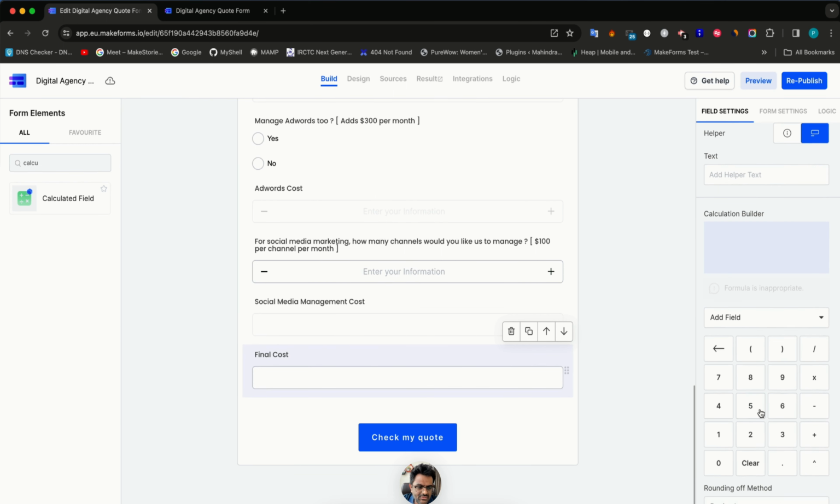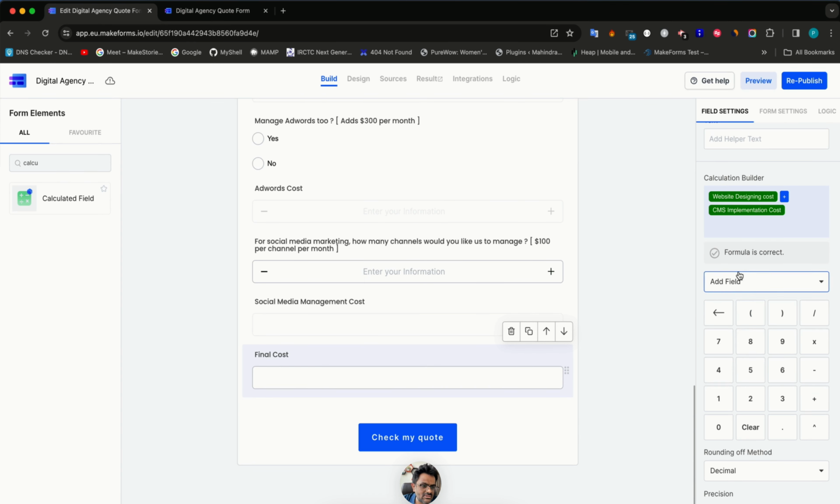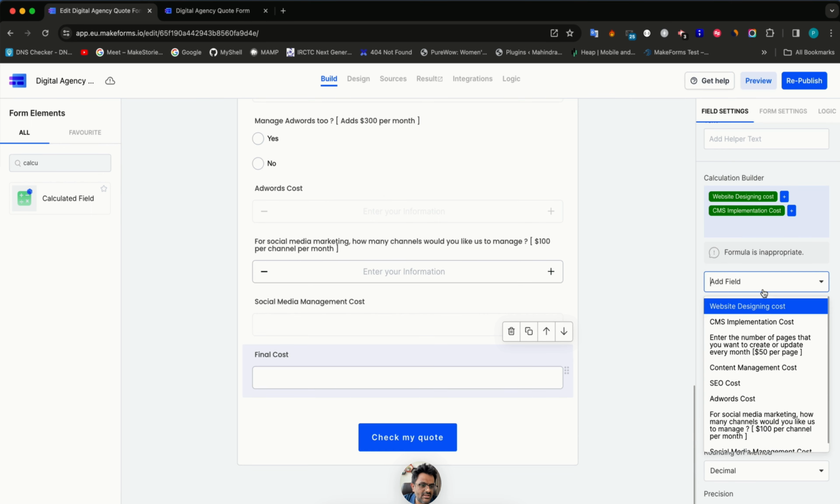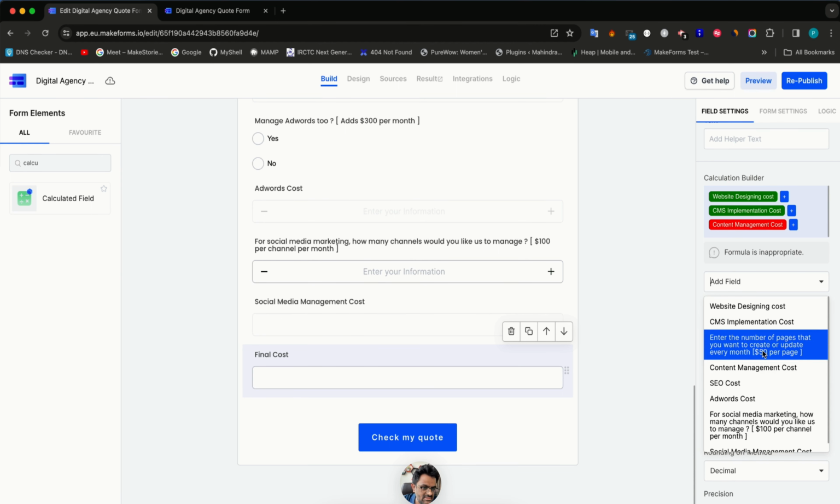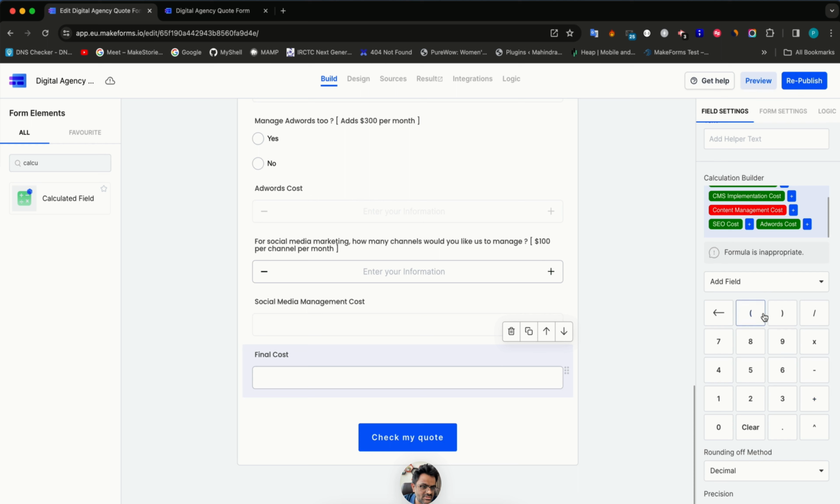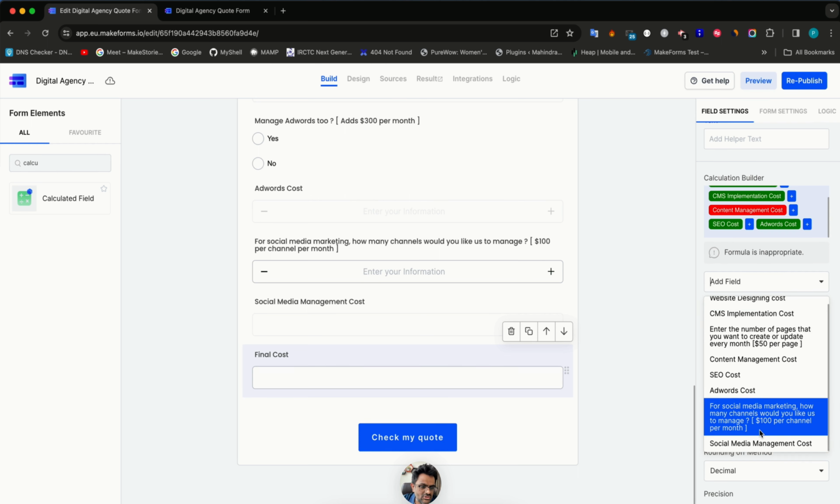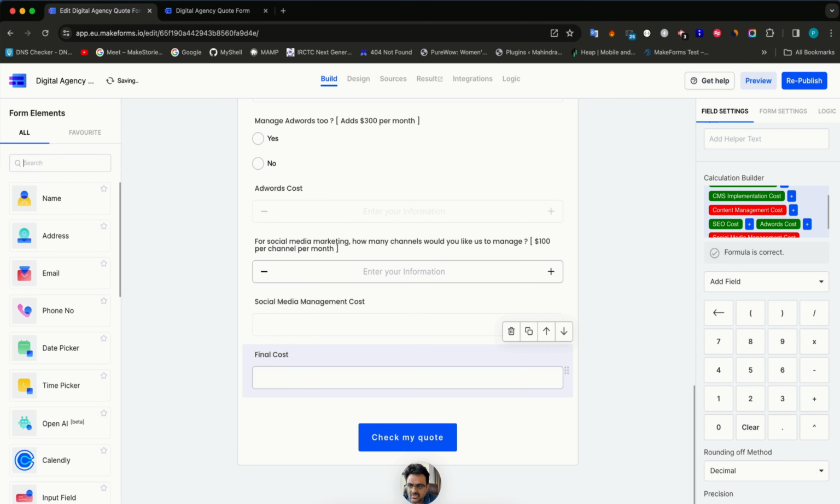And then what we will do is that we will add up everything. So web designing cost plus the CMS implementation cost, plus we'll add the content management cost, plus the SEO cost, plus the AdWords cost, plus the social media management cost. Now I'll just go one step ahead, and I will try to add a discount. Okay,